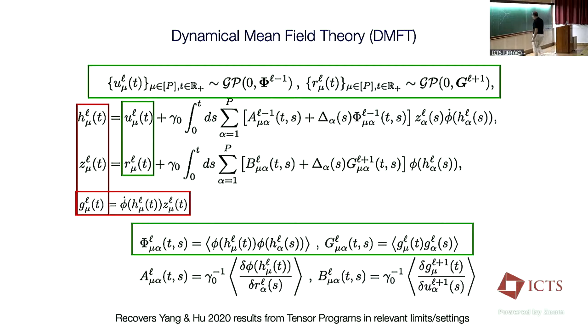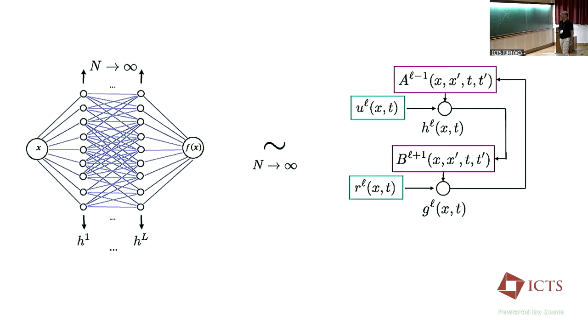Remember, the idea was that if I take gamma 0 to 0, I go to a lazy limit, and gamma 0 finite is a rich feature learning limit. And this is also shown here. Gamma 0 equal to 0 recovers the Gaussian process, NTK-like limit, and gamma 0 finite captures everything that's happening. Okay, so we wrote this. What do you do with this? Okay, cool. But before answering that question, I want to point to a pictorial way of representing the same thing.